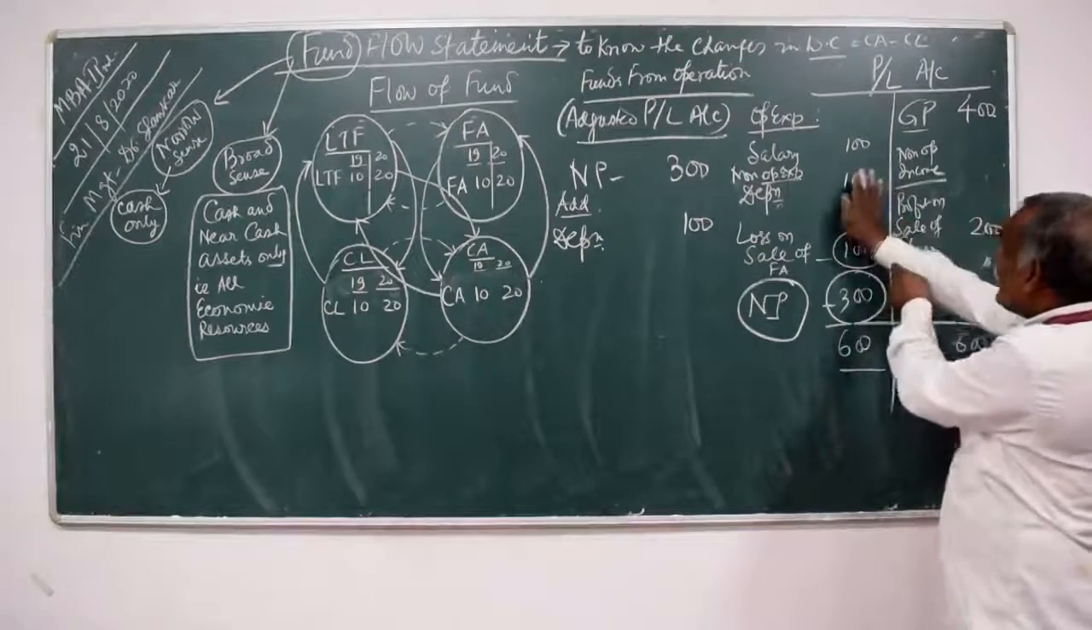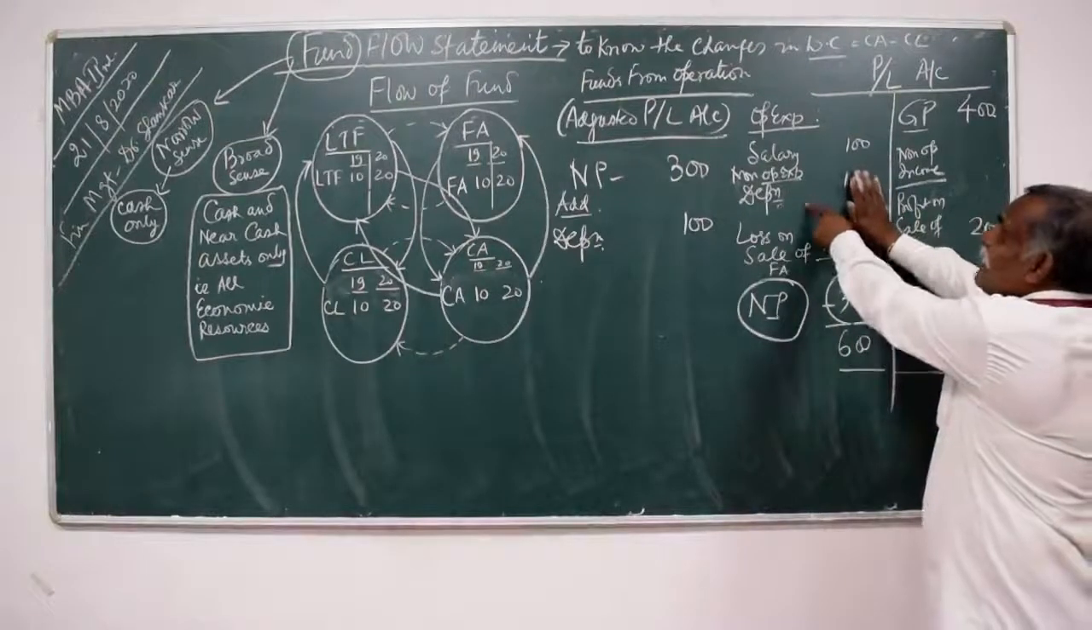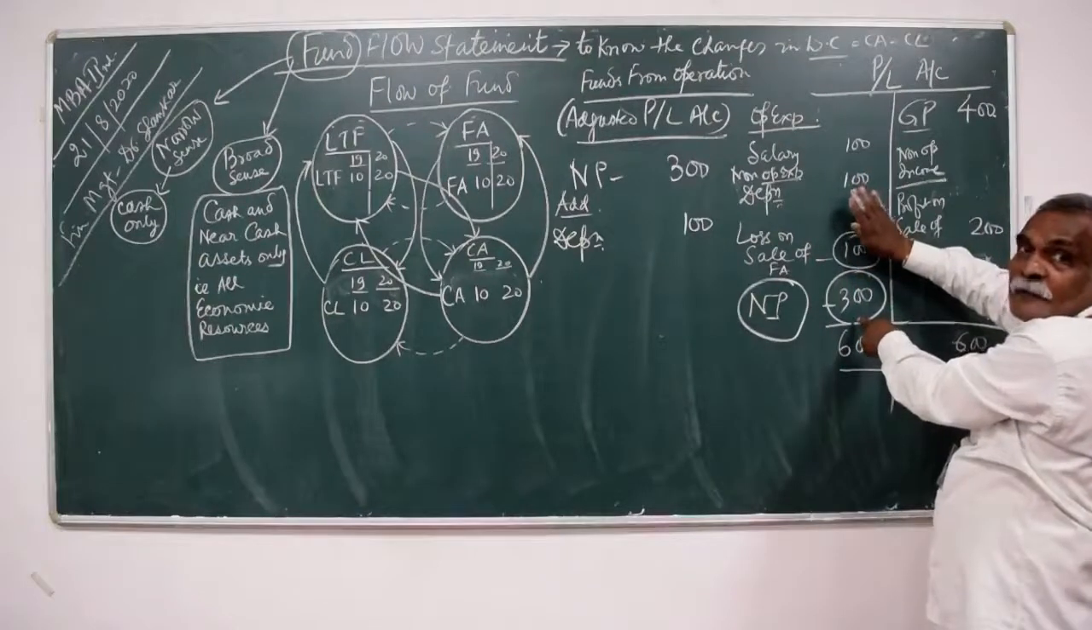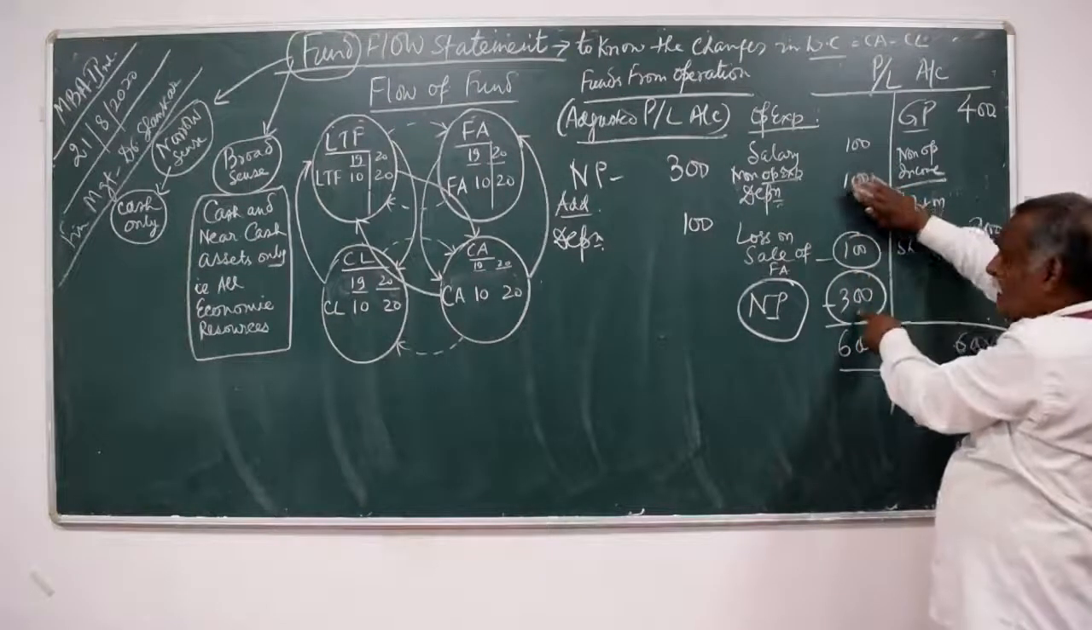Because of this and this, if suppose there is neither depreciation nor loss on sale, then what happens? This is supposed to be 500. But because of this, 300. Because of this,